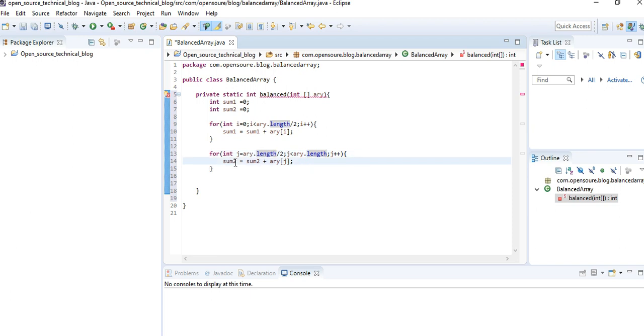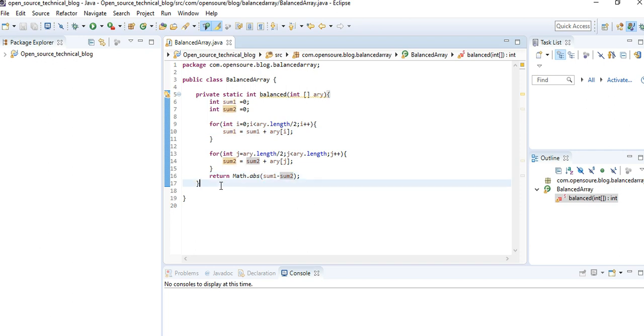This is the second part of the array, and we are calculating the summation. Then we return the absolute difference between these two summations. So in this method we are calculating the summation of the first and second halves of the array, and returning the minimum number of elements we need to add.